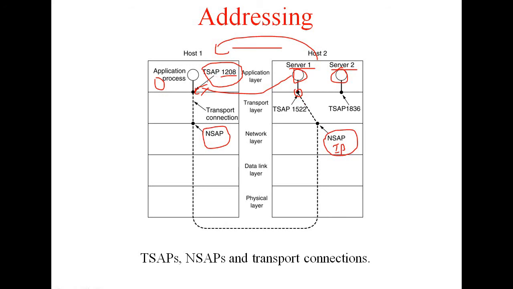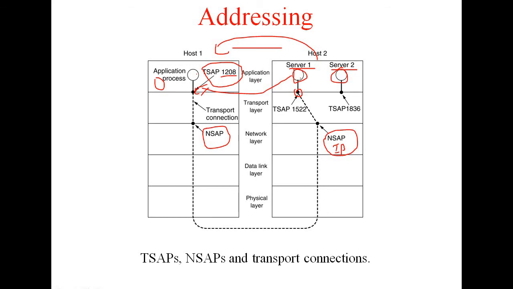Why we require a unique one is because we are not connecting just host 1 to host 2, we are connecting from process to process. When we require process to process communication, some unique address is required, that is nothing but the TSAP, or we can say the endpoint in the transport connection. Once this is done, this process will attach itself to this TSAP, the endpoint. At the destination side, these processes will also attach themselves to their TSAPs.